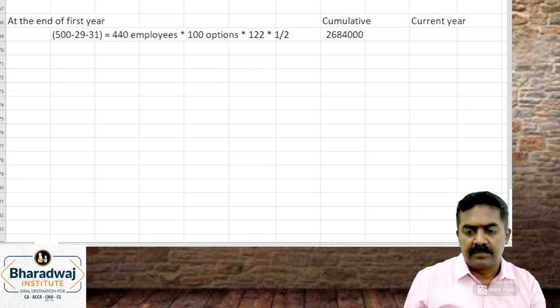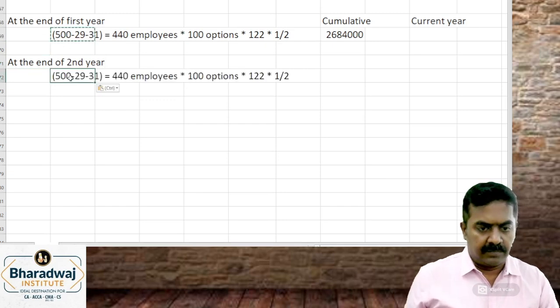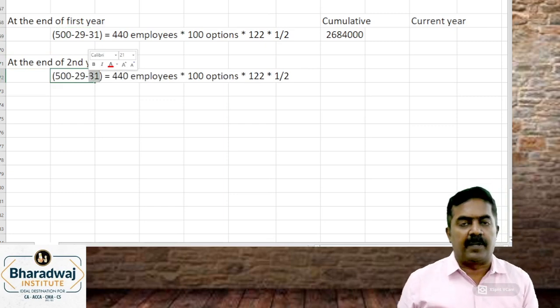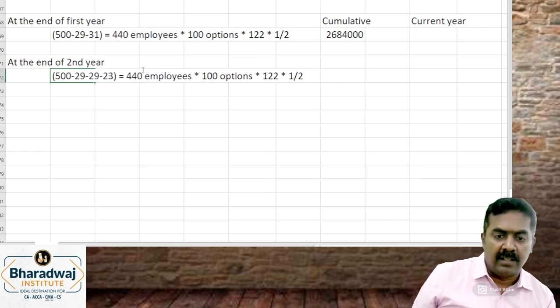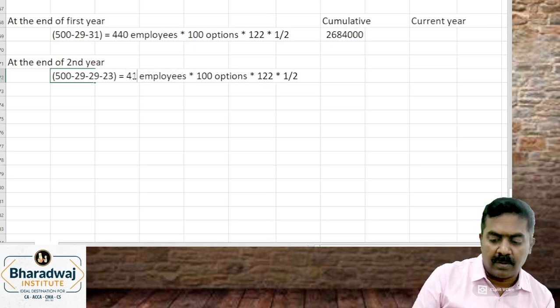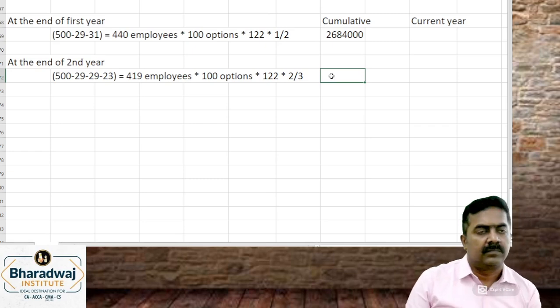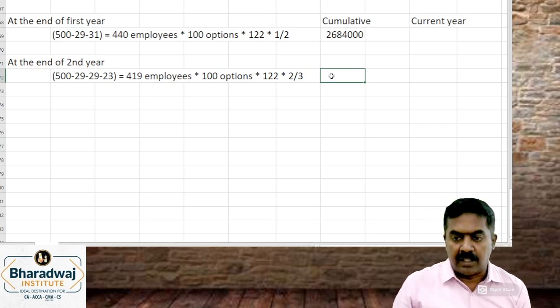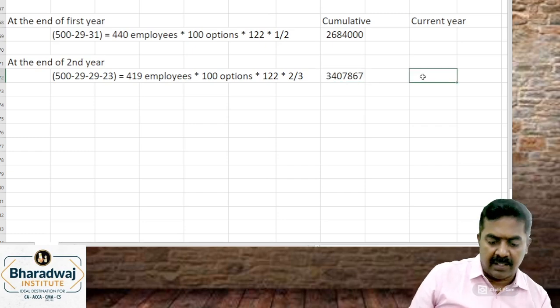When the second year comes, look at the second year. 500 minus 29 minus how many people left in the second year? 29. Expected to leave 20. How many employees will be there? 419, into 2 by 3 will be the cumulative expense. How much will it come to? 34 lakh 867. The current year expense will be